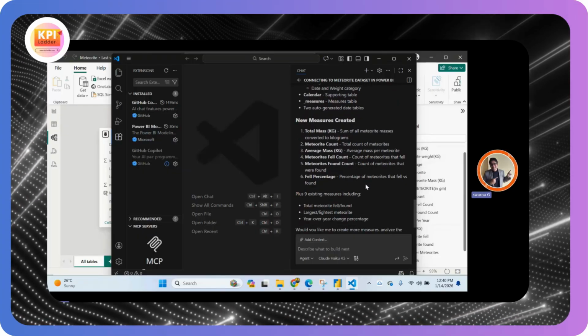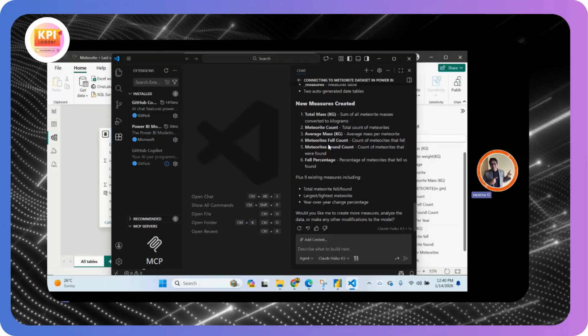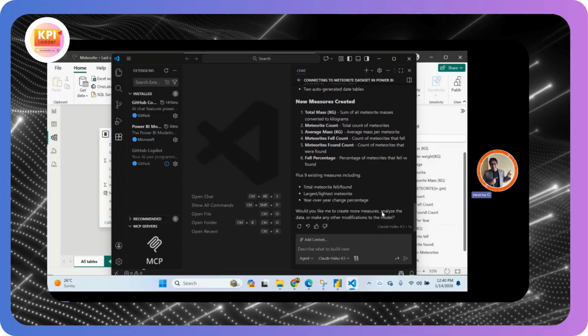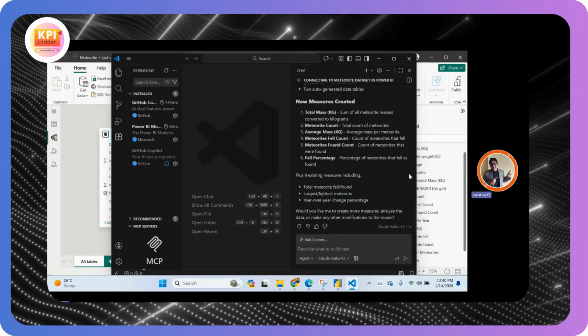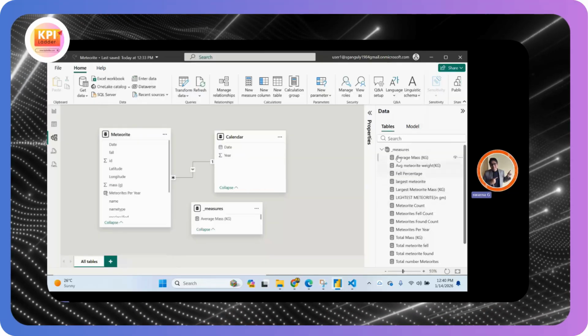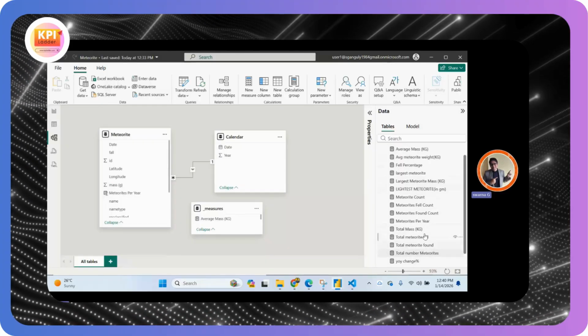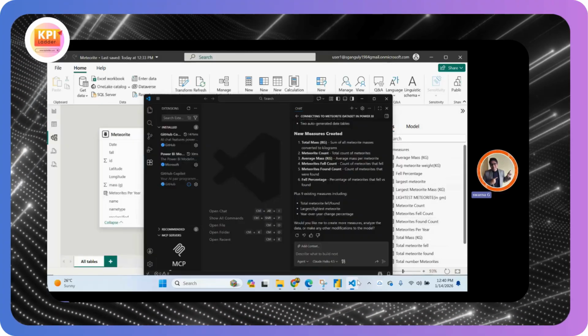We have already created some measures, plus 9 existing measures are included. Okay, I think it created 6 measures, right? Only to create more is analyze. Yes, before that, let me see what exactly it has created. Some measures it has created, it seems. Which are those? So we can ask, can you